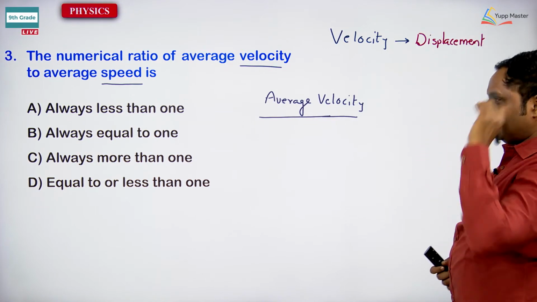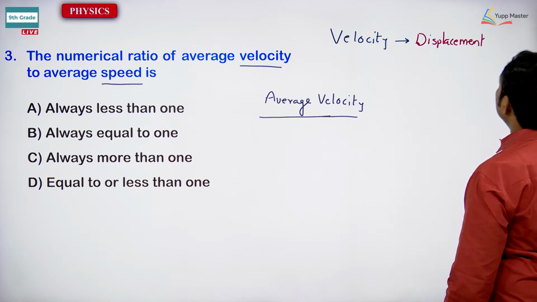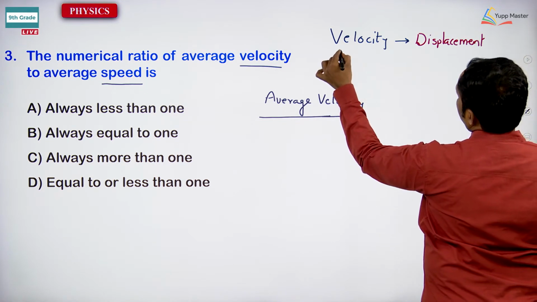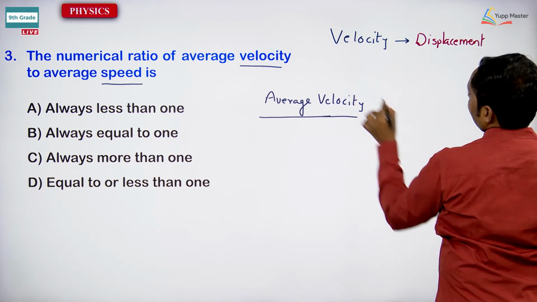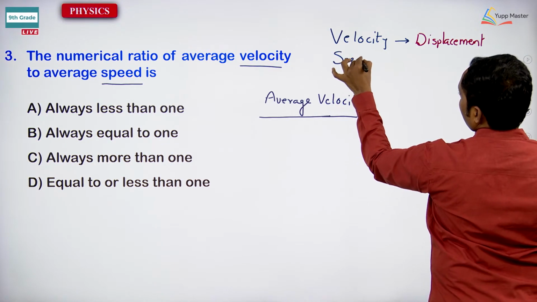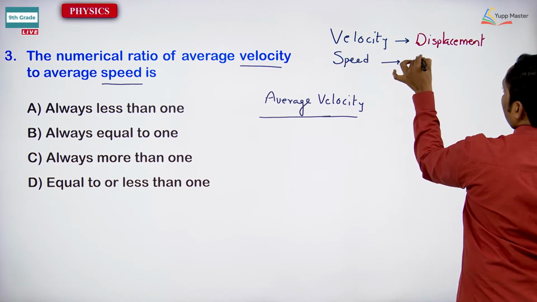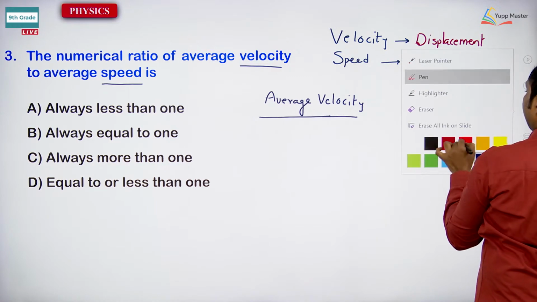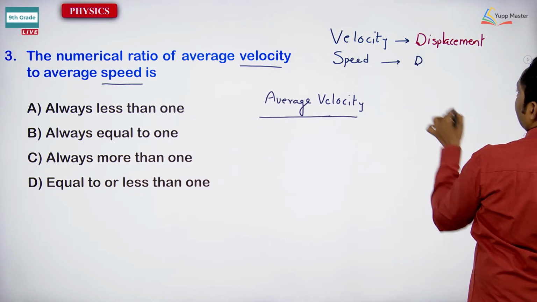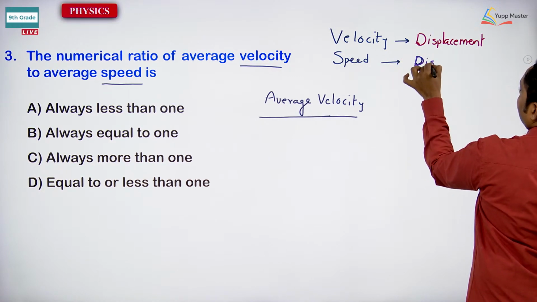It's very clear. Now you can take the second one, speed. It is the parameter that depends on distance